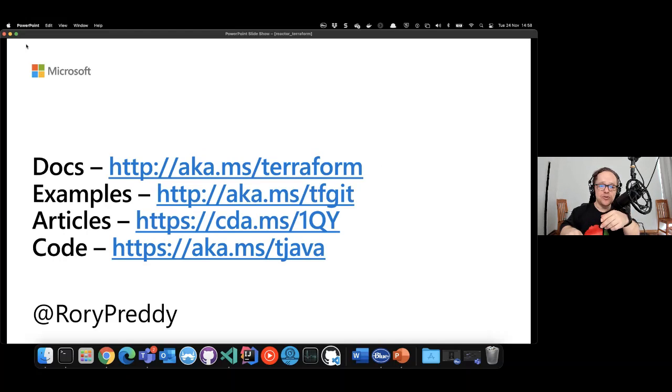For the docs, these are the actual Terraform docs, aka.ms/Terraform. It's all of the Terraform docs. For the examples, aka.ms/tfgit, and that's tons and tons of resources, samples on every single type of technology that you want to do with Terraform. The articles, so this is the docs, the Microsoft articles on how to get started with Azure Terraform. And it's got some really nice templates, some tutorials, and then the code for the example that I mentioned, everything that I've done today,